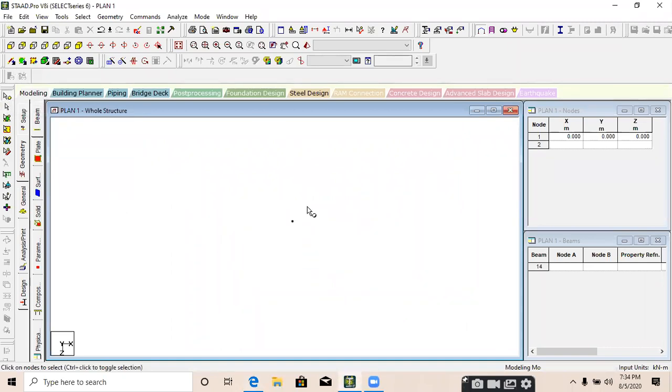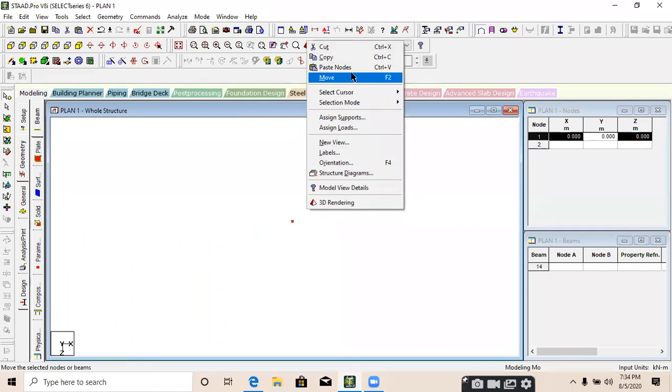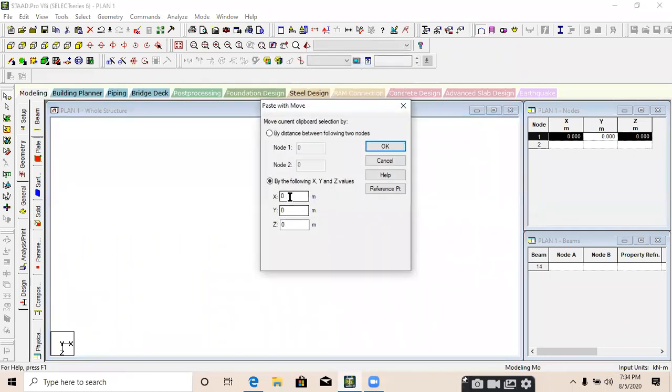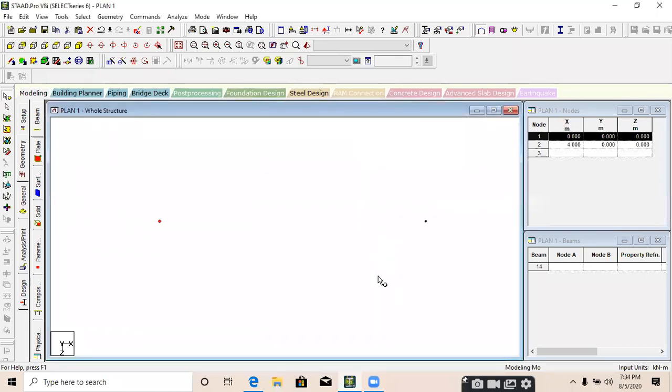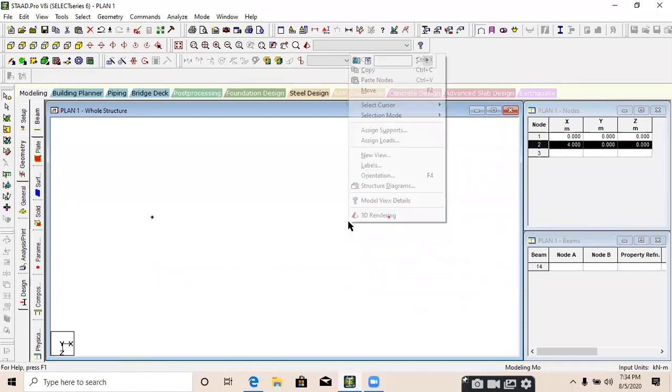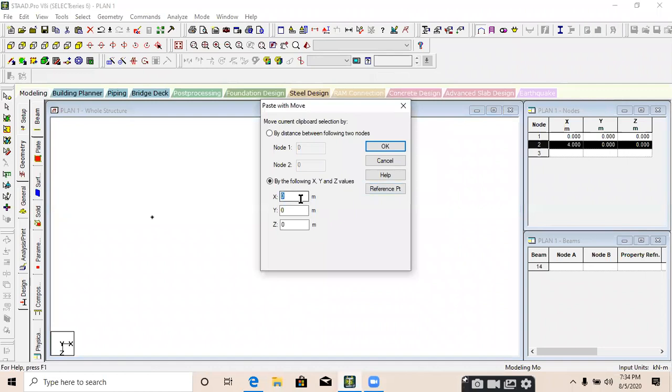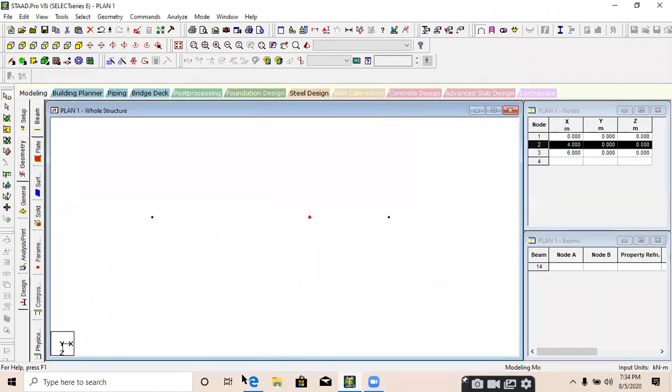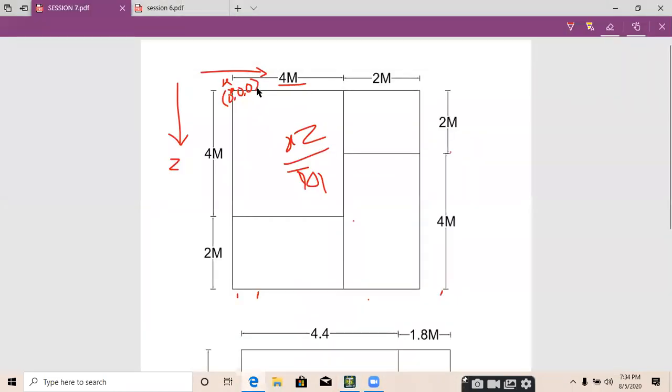Now go to node cursor, select that particular node, right click and copy this node. Again right click on the screen and paste the node in x direction of 4 meter length. Click on OK. Select the next node. Again copy it and paste the node in x direction 2 meters. First one is 4 meters and second one is 2 meters.